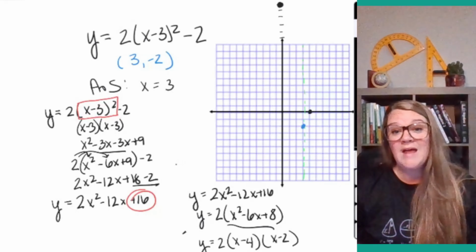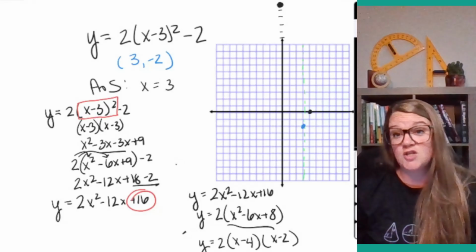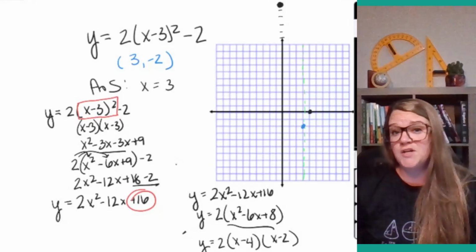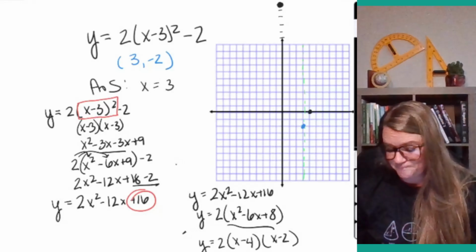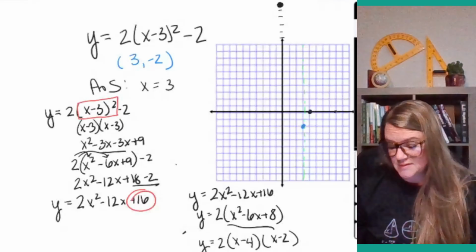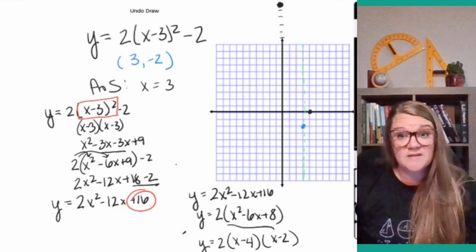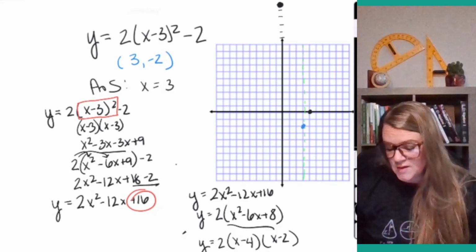Here's one of them. That makes complete sense because remember the blue point is the lowest point. If I would have gotten a number that was like negative 8, that wouldn't make any sense. That would be way over here, and that would be a really fat parabola. That doesn't make any sense. So this one does make sense. Let's keep that in mind. Does this make sense along the way? Our other one is gotten by the other